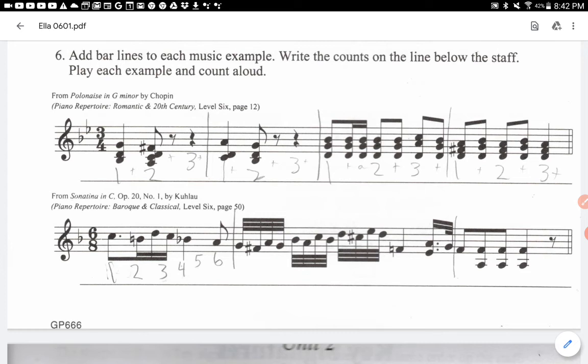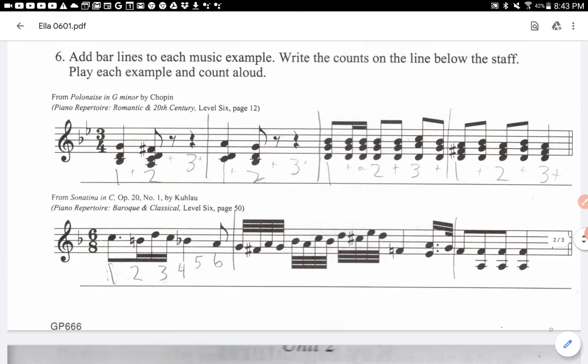Okay, good. Let's look at the last one, 6/8. This one, again, if you have half of the beats, which is in this case half of the beats because your 1 beat is equal to an 8th, half of the beat is going to equal a 16th, so you probably need 1 and 2 and 3 and 4 and 5 and 6. And so this is not your beat 2 because you have a dotted 8th note as your beat 1. So that means you're basically going to have 1 and 2. And this is going to be,